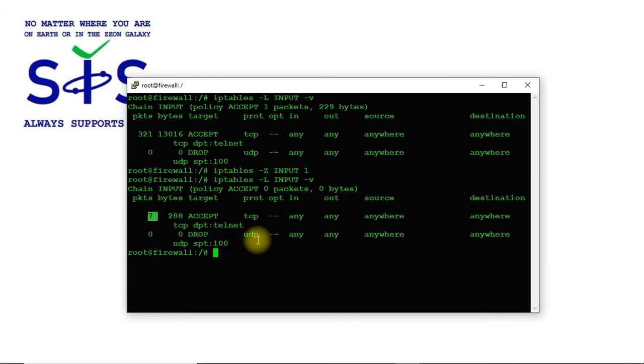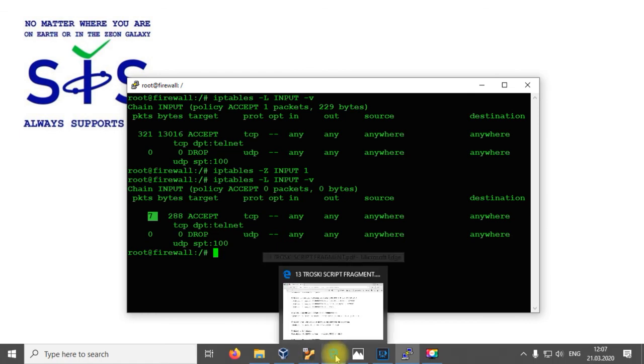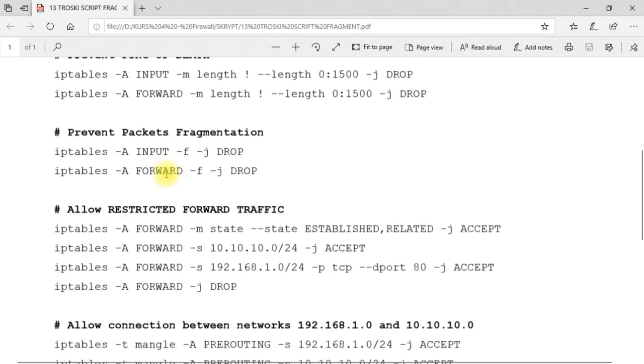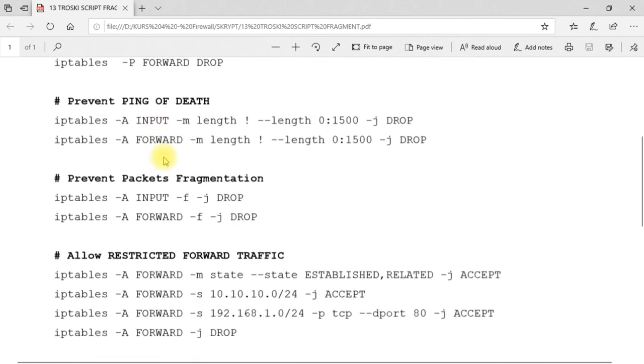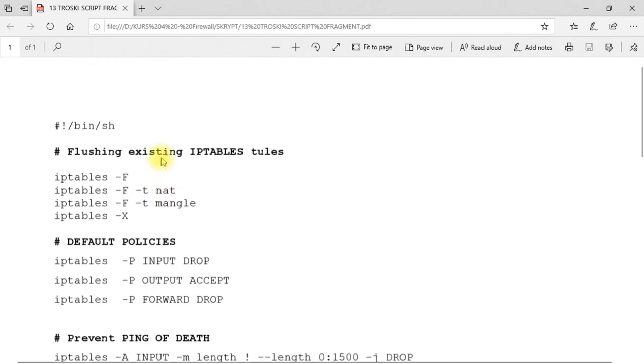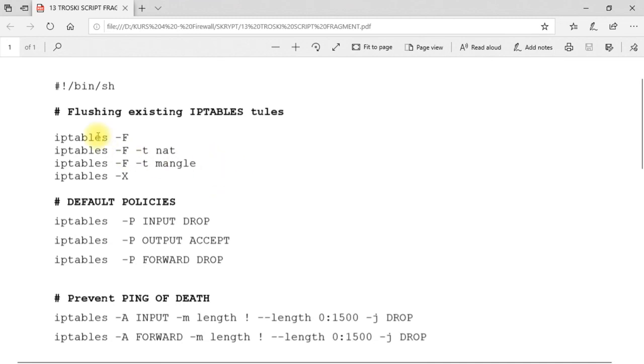At the end I want to show you how I'm reading a firewall's rules. For example, if we get firewall rules specified in this kind of configuration file, of course we can do it line by line. So from this one here, flushing existing iptables rules, we will know that iptables are flushed.